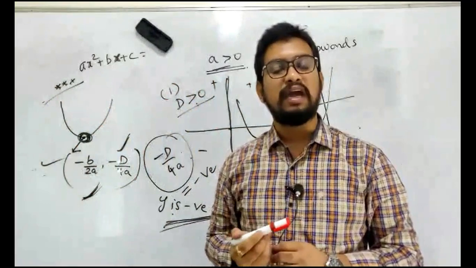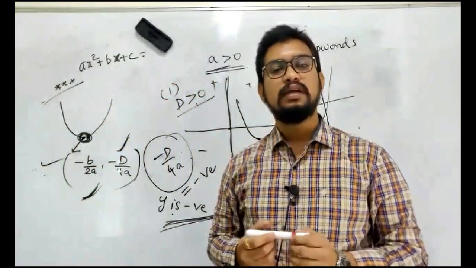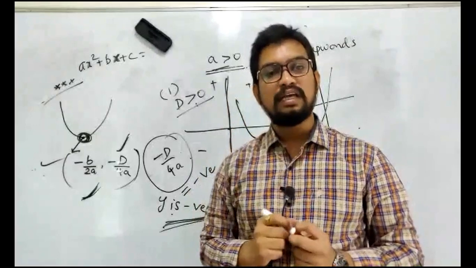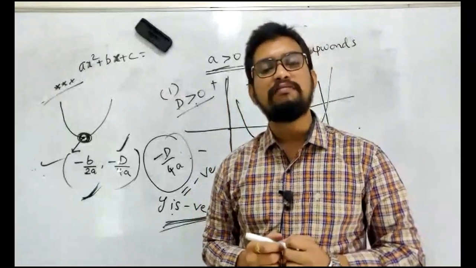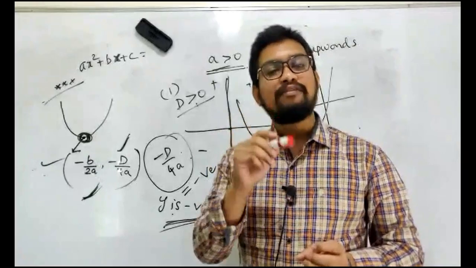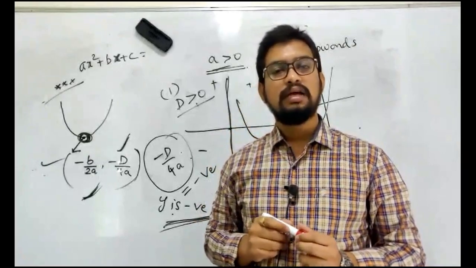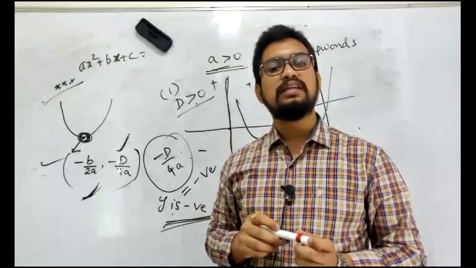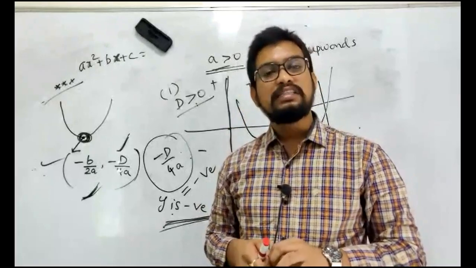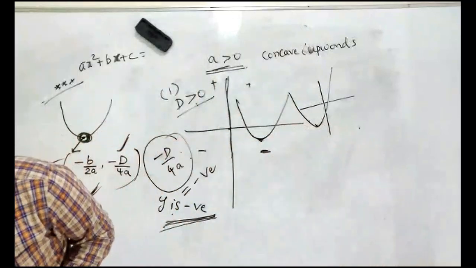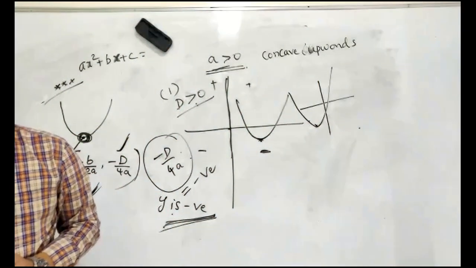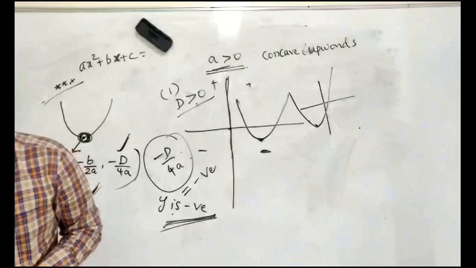The number of real solutions of any equation in x is the number of times the graph of the equation intersects the real axis. In bracket, real axis means x axis.